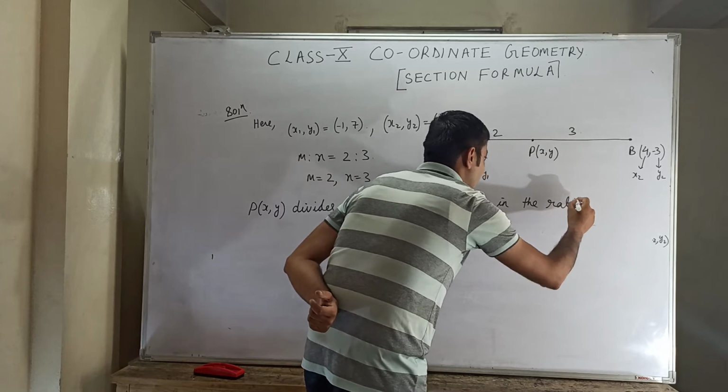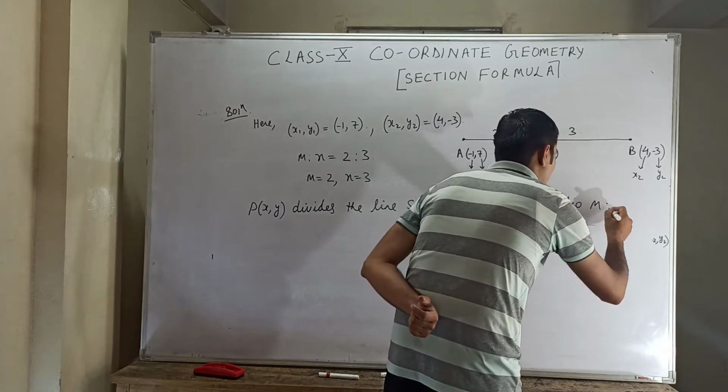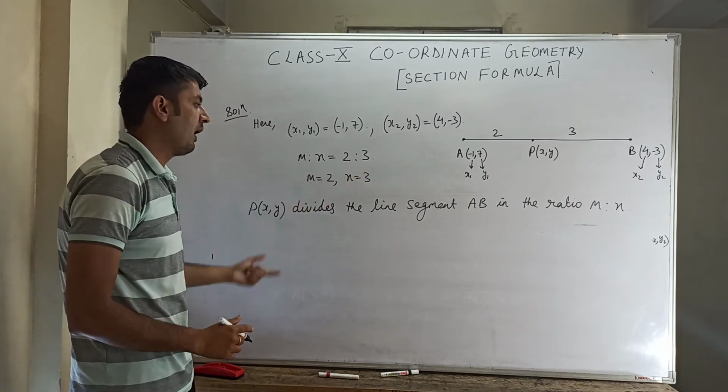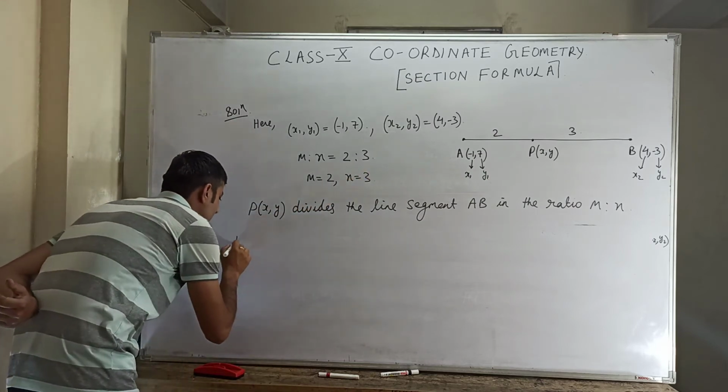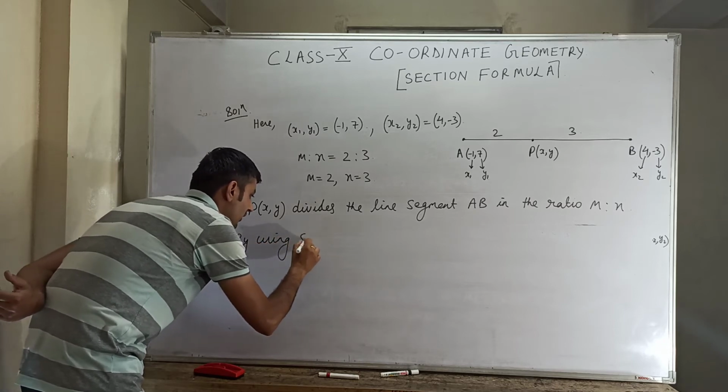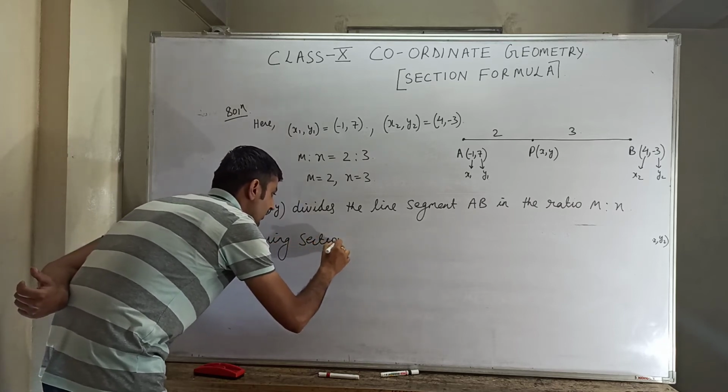You take the general ratio, m is to n. So in the ratio m is to n, by using your section formula,